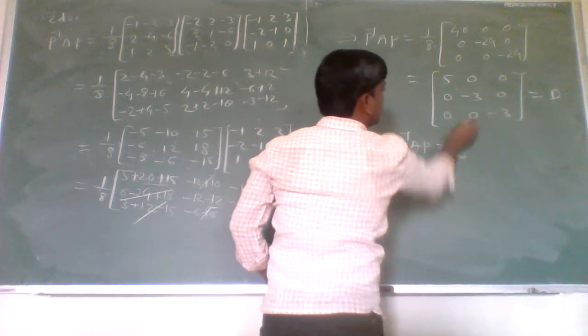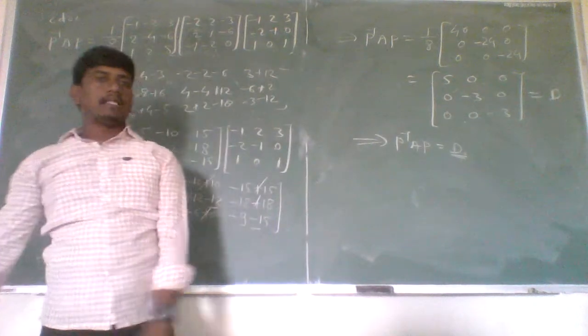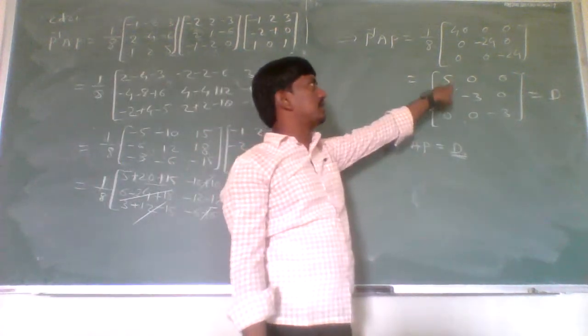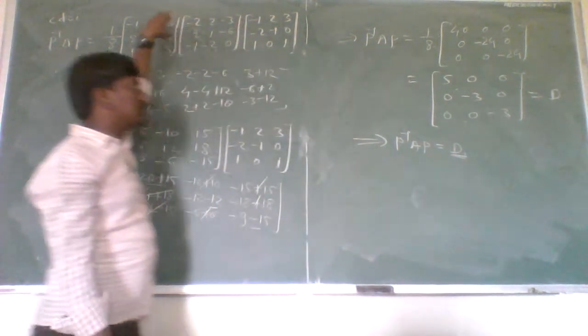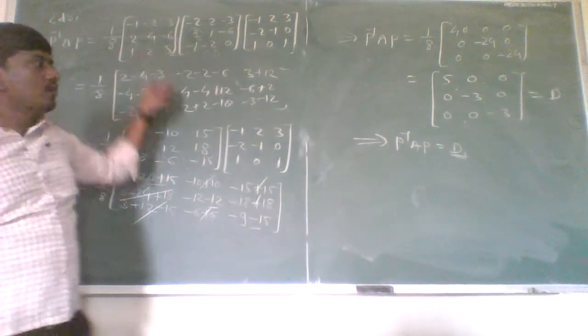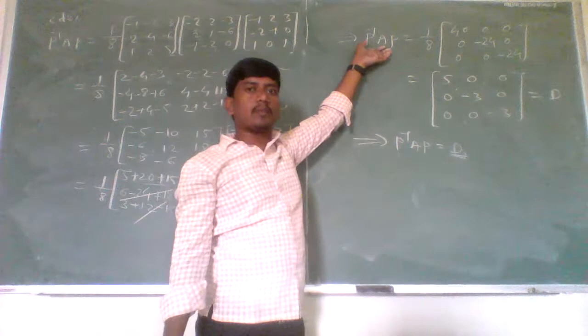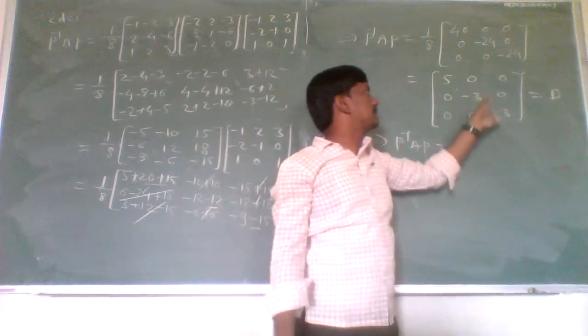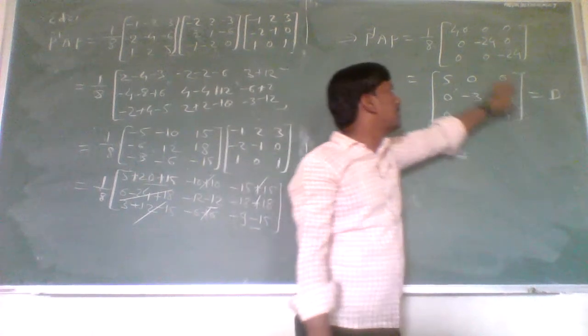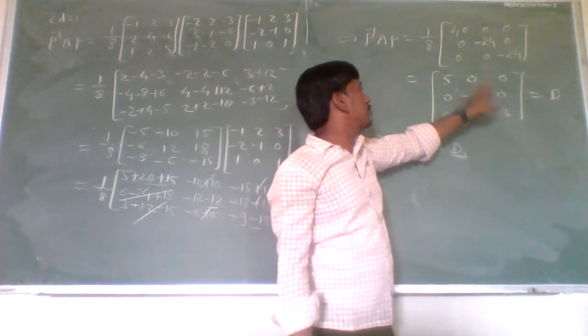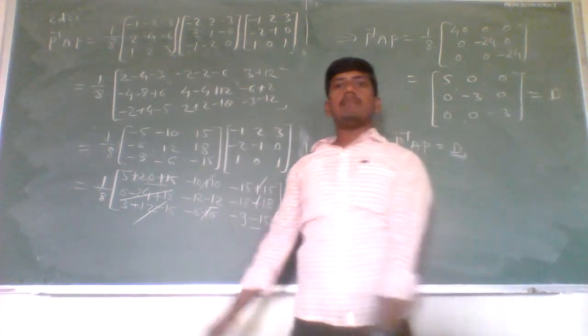D, where this D is a diagonal matrix and the entries of this diagonal matrix are nothing but the eigenvalues of the matrix A. Since in the starting of this example we found the characteristic values of A, which are nothing but 5, minus 3, minus 3, and here if we find P inverse AP then we get a diagonal matrix whose diagonal entries are 5, minus 3 and minus 3,